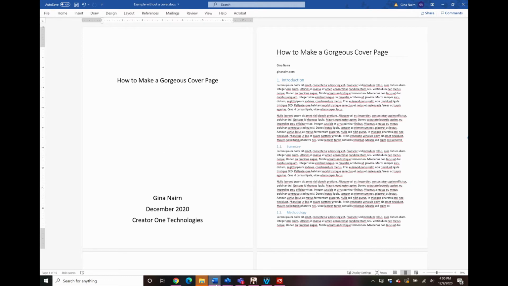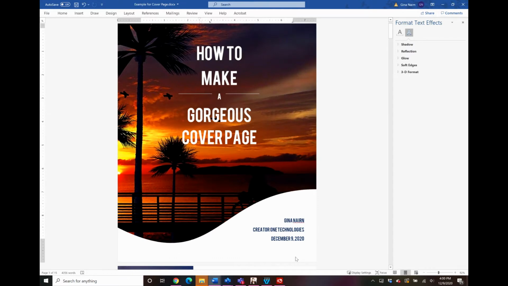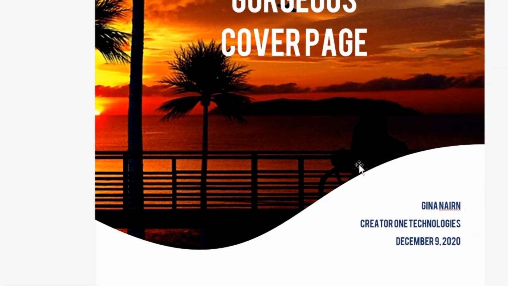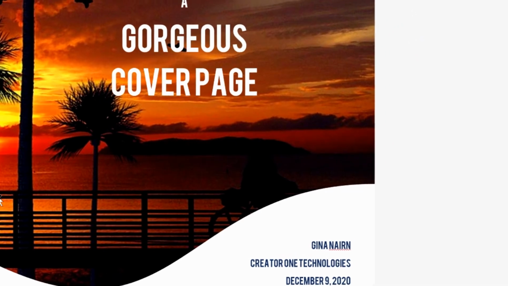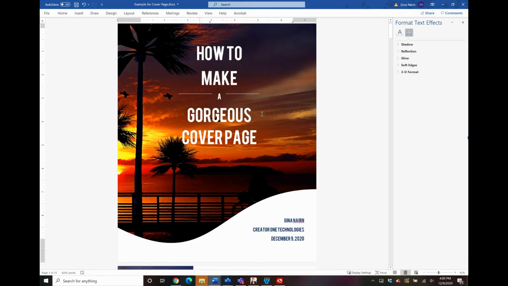So here is an example of one that I put together, and this was done all within Microsoft Word, including this lovely sloped border or edge on the picture. We brought in a nice picture that may or may not be related to the theme of your paper.